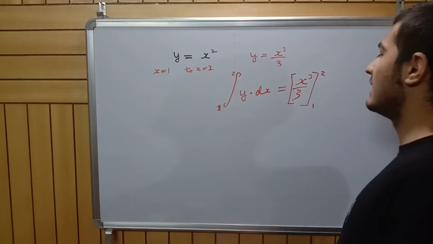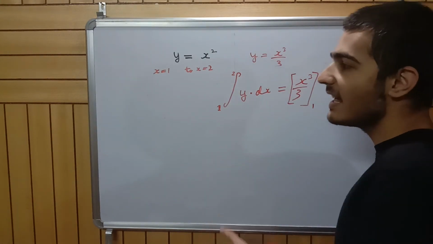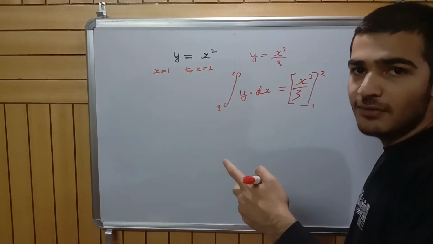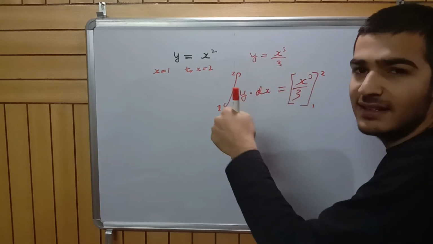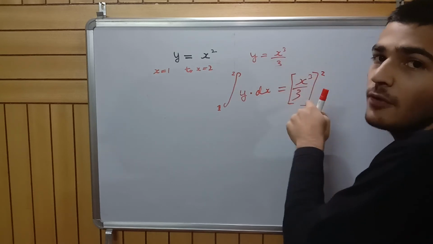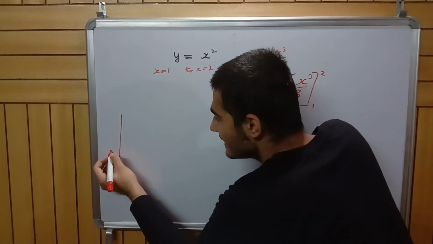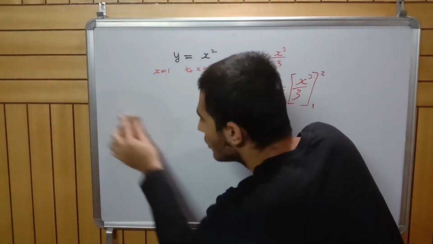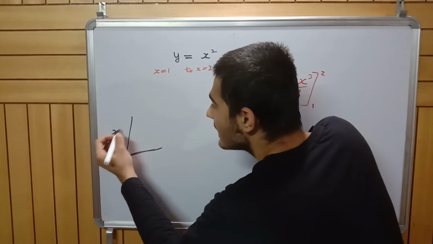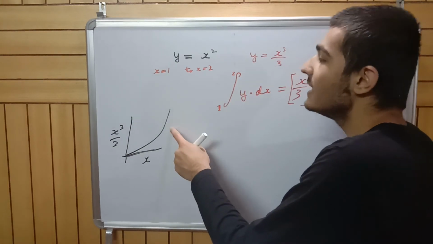Now how do you actually calculate it? I hope you remember in the previous video, the area under this curve was actually the change in the y value of the antiderivative curve, delta y. So how do you find the change? Let's say this is my antiderivative curve. I'll use the black color to draw it. So let's say this is the antiderivative curve, x cube by 3 versus x.